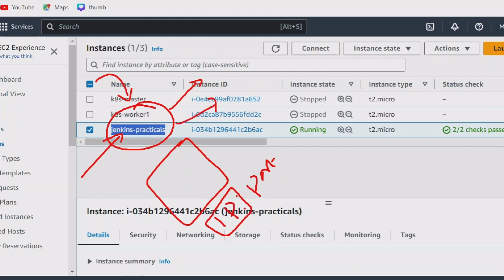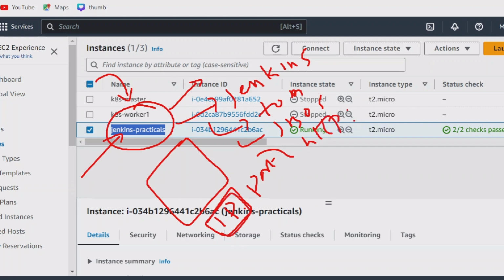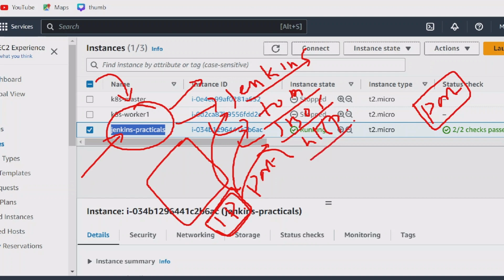Then what is the service we are using? Jenkins, right? We have different services: Tomcat is one service, JBoss is another, HTTP is another web server. If you go only with the IP address, it does not know where to take you, whether to Jenkins, Tomcat or JBoss. So we have a unique identification number called the port number. By using this port number we can connect to the particular service, whether it is Jenkins, Tomcat, JBoss, HTTP or any other software.